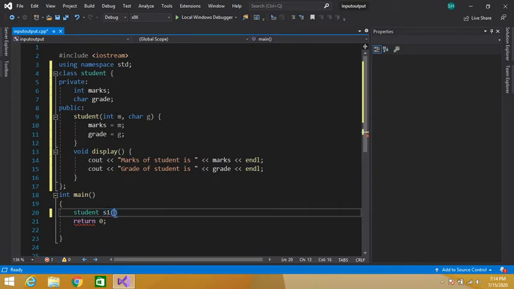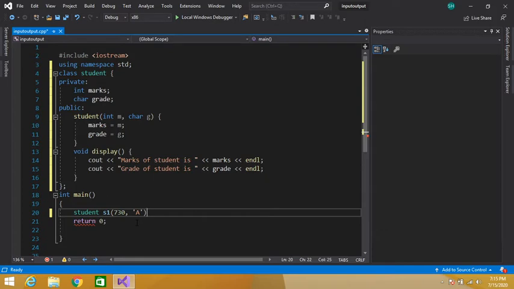First parameter is int marks, let's say 730 marks. And second parameter is character grade of student, let's say the grade of student is A. So I have passed two parameters. First is marks of integer type and second parameter is grade of character type.